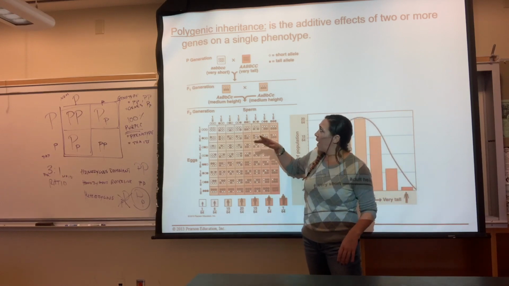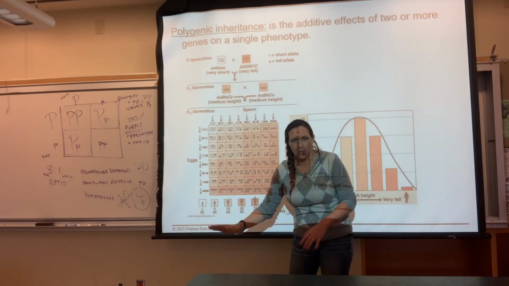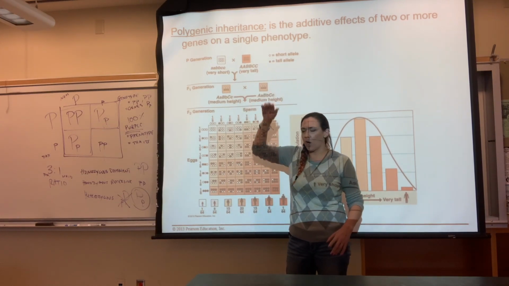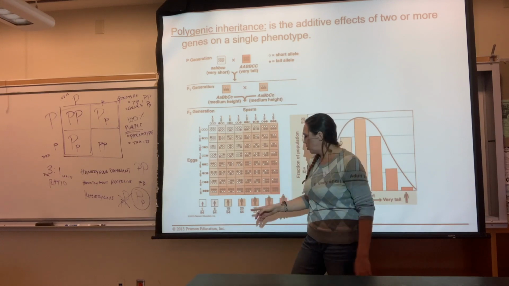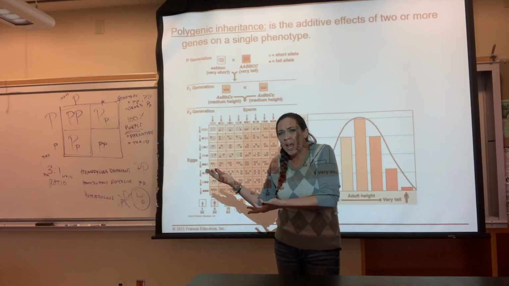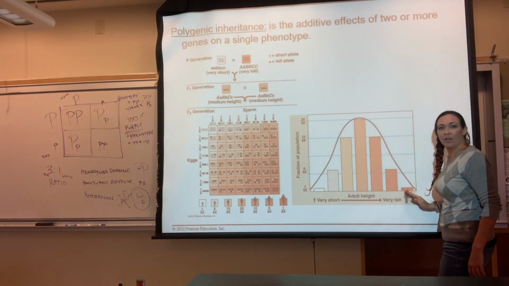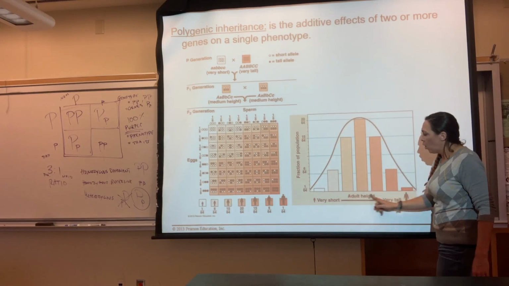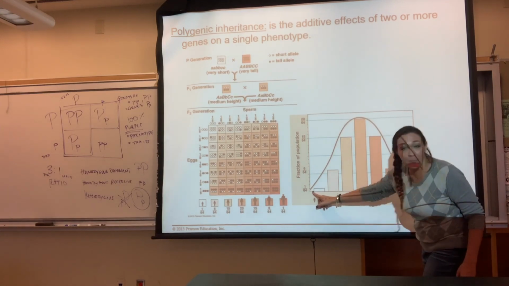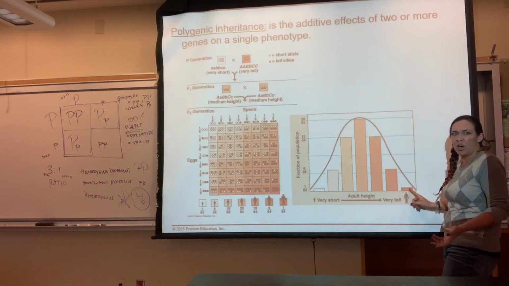So imagine that the white genes are going to make you very, very short, because those are the very short genes. And the black genes, or the very tall genes, are going to make you very, very tall. Okay, most of the population is going to be here in the middle somewhere. You're going to get some white, you're going to get some black, right? You're going to be blended here. So this is what's known as a bell curve, or an average distribution curve, where most people fall under average height. There's not a ton of people who are really, really short. There's not a ton of people who are really, really tall, right?